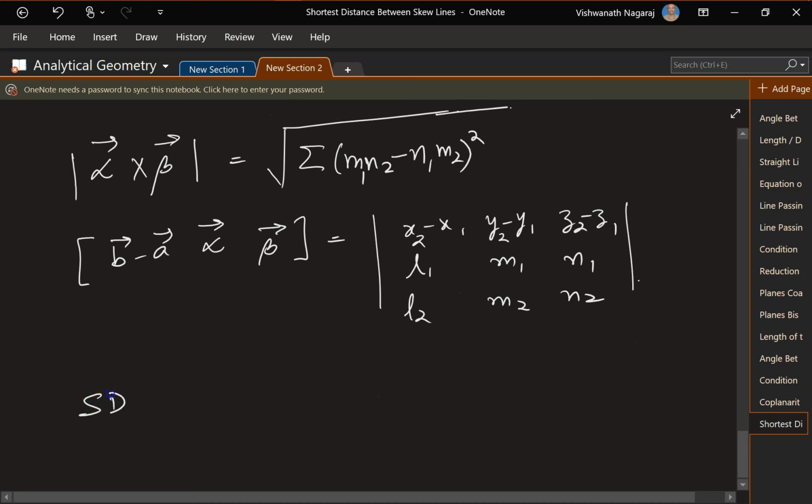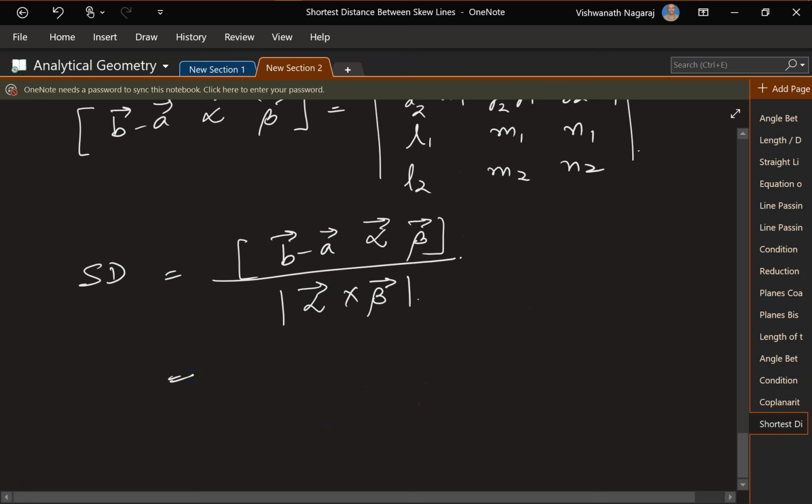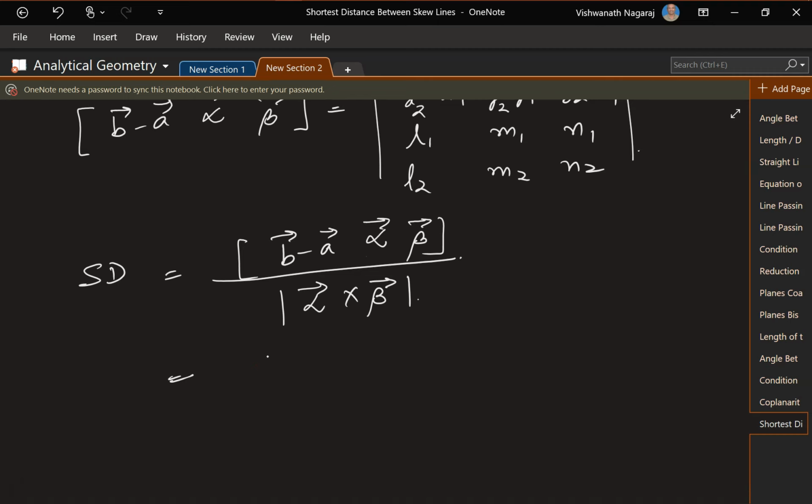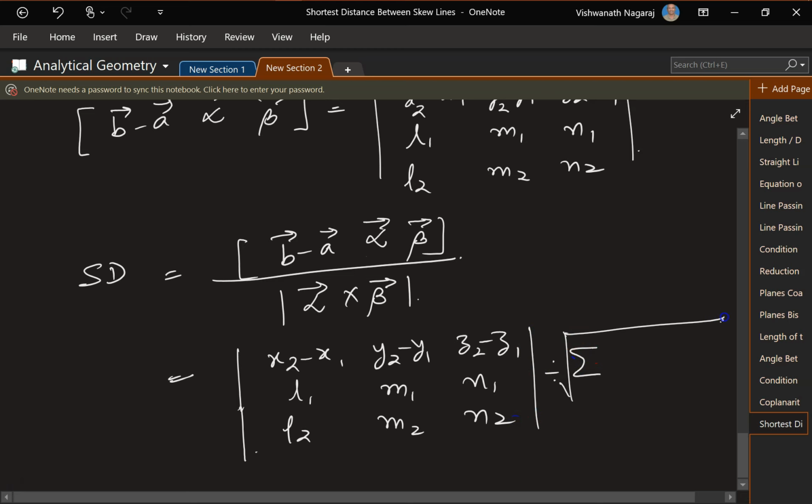So the shortest distance is equal to, we know, [alpha, beta, b minus a] by the magnitude of alpha cross beta, and this would be equal to, we already identified the numerator and denominator, the determinant with rows x2 minus x1, y2 minus y1, z2 minus z1; L1, M1, N1; L2, M2, N2, divided by the square root of the sum of (M1 N2 minus N1 M2) squared and the other similar terms. So that's the